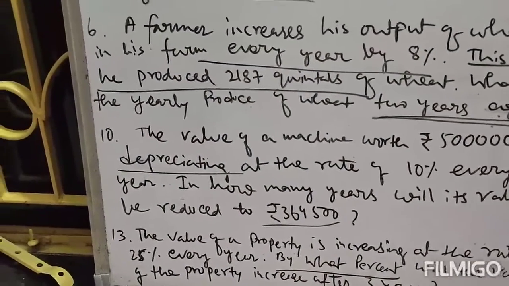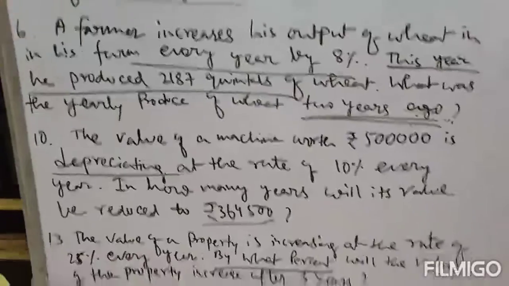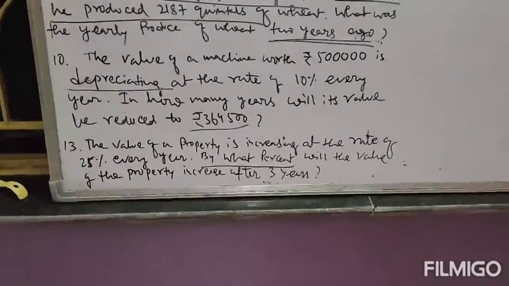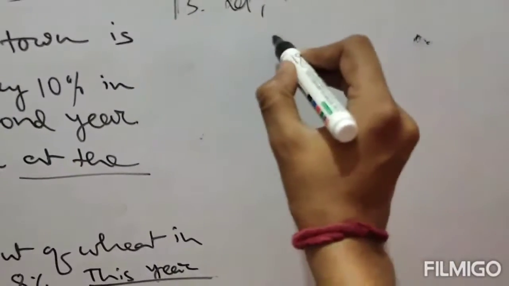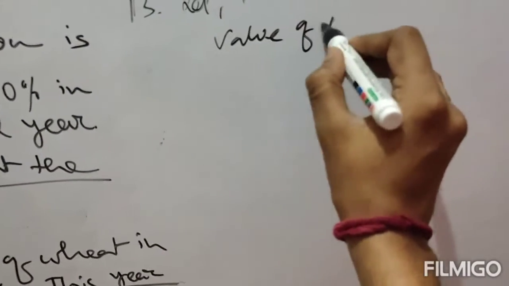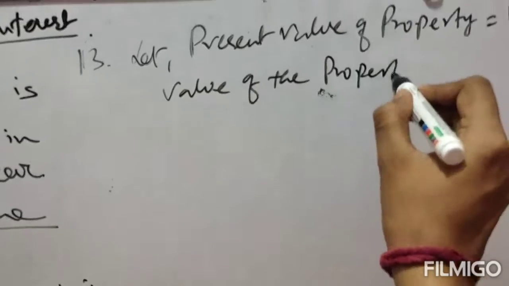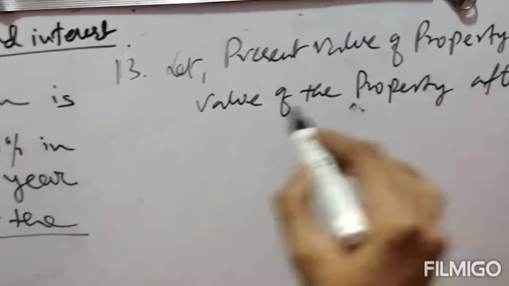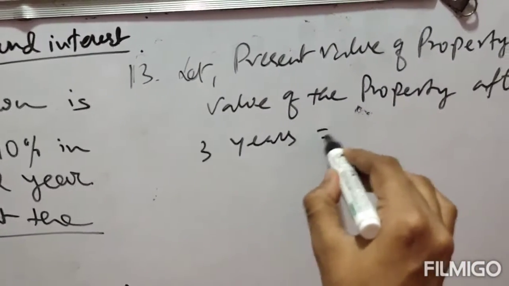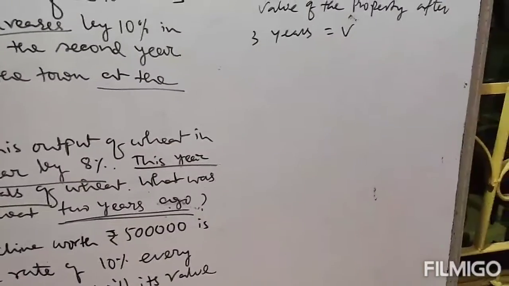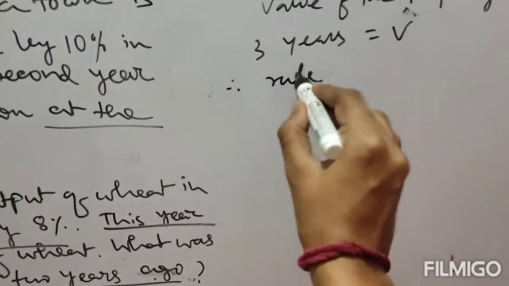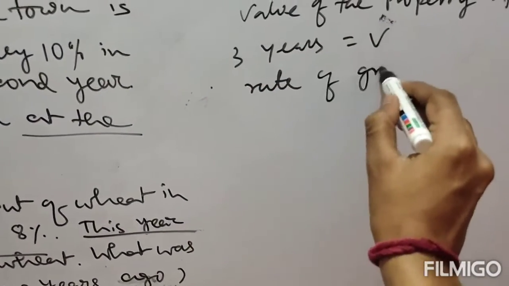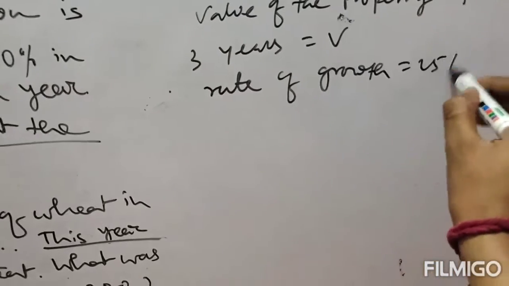What is the value of the property, or what will be the value of the property after 3 years? So we will also write: let the value of the property after 3 years equal V. Clear? Now the rate of growth, that is the rate of increasing, is given as 25% every year. We will write rate of growth equals 25%